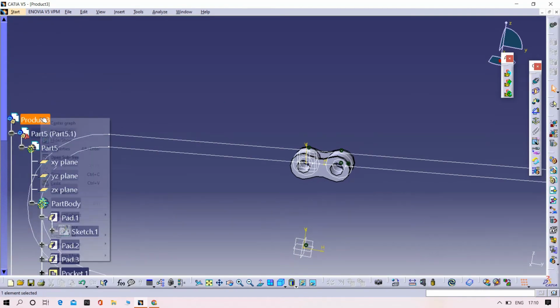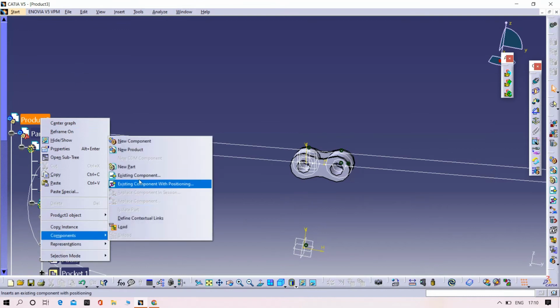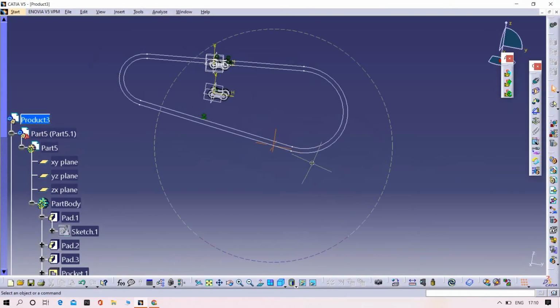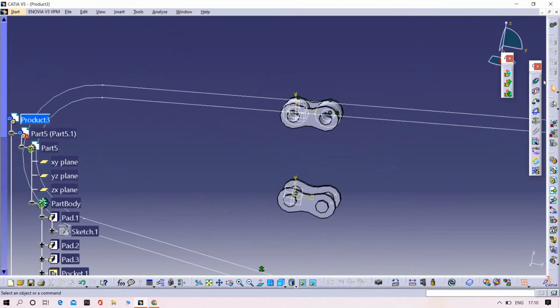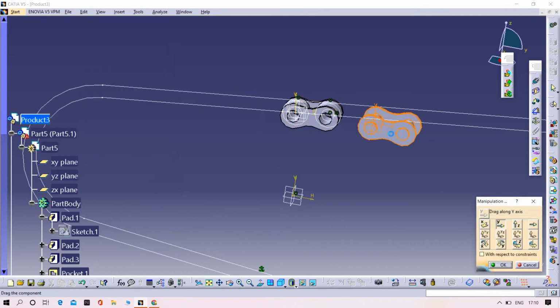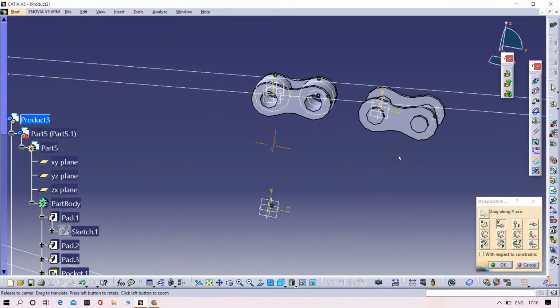Again open the components, existing components, link to open, then try to make it coincident with the outer curve, coincident tool, point, curve, click OK, then apply, then try to take it out. Yeah, perfect.